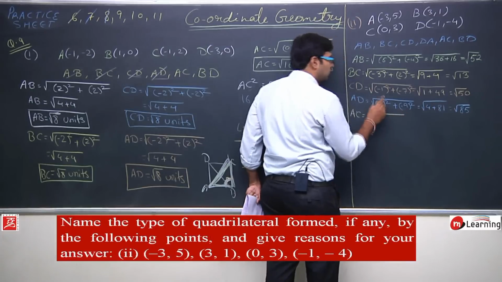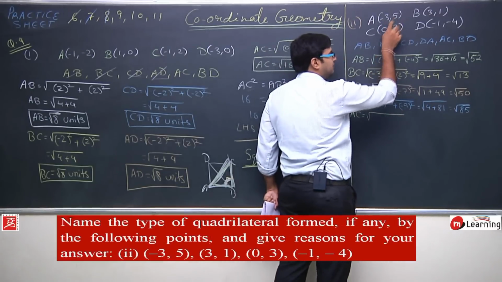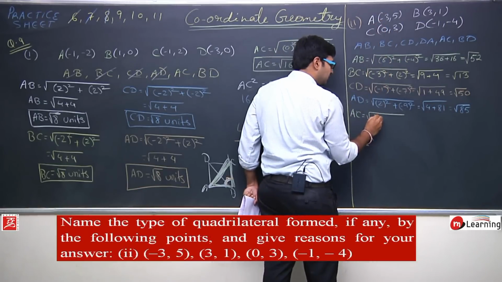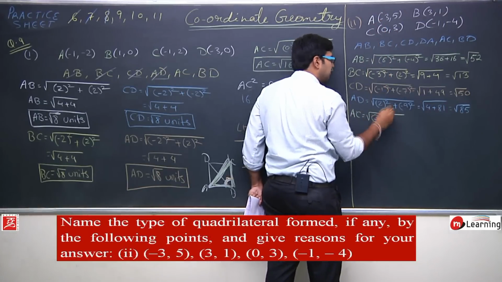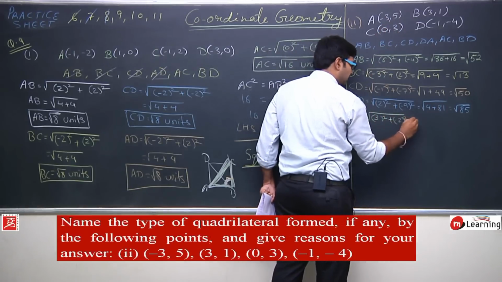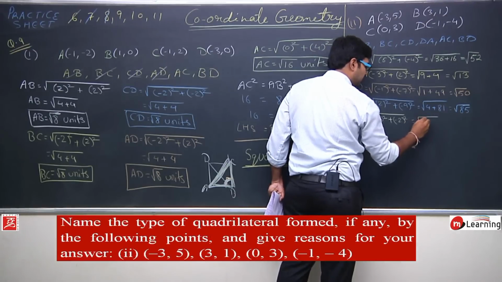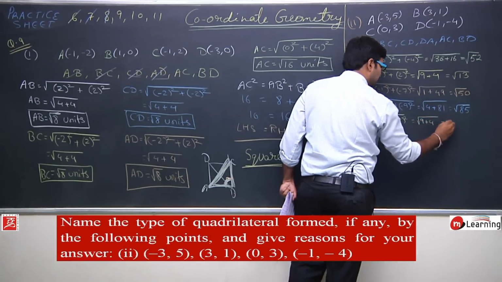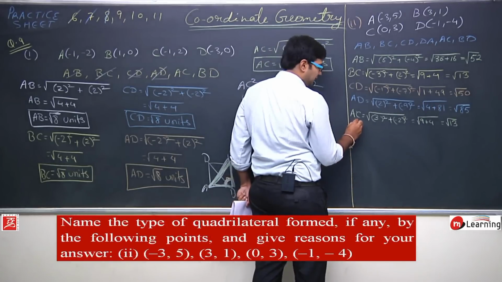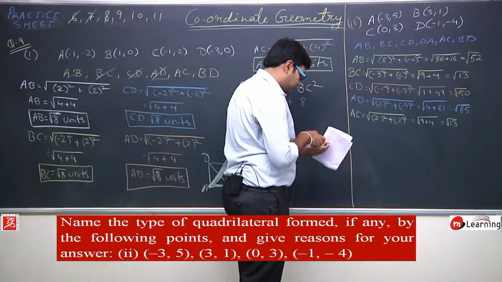AC will be square root of, this will be x1 y1 x2 y2, x2 minus x1 will give you 3 square plus y2 minus y1 will give you minus 2 square. So this is square root of 9 plus 4, that is square root of 13. Okay, and then BD, the length of BD,